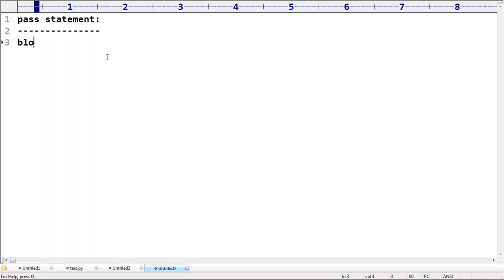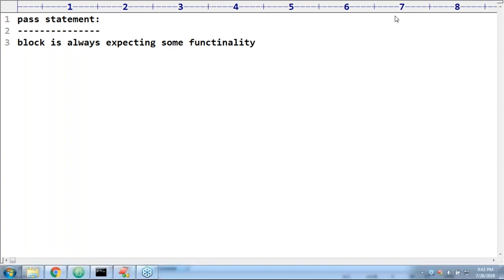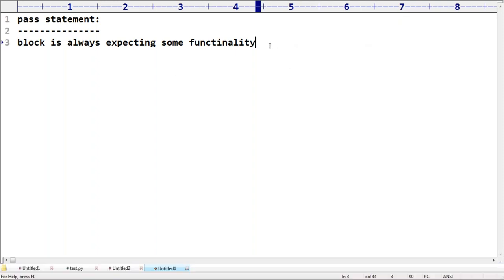Suppose a block is always expecting some action, some functionality, correct? Maybe an if block, else block or while block, anywhere, it's always expecting some functionality.